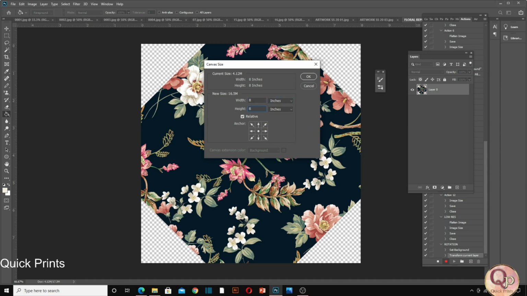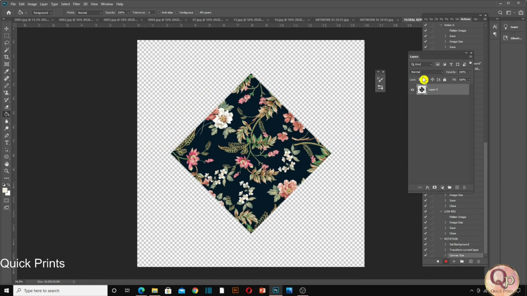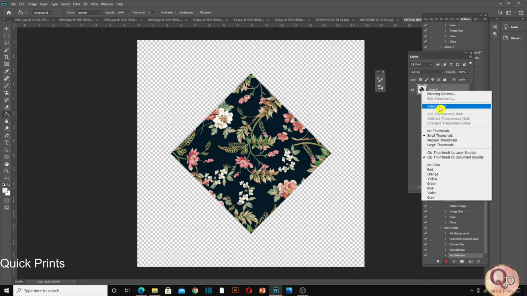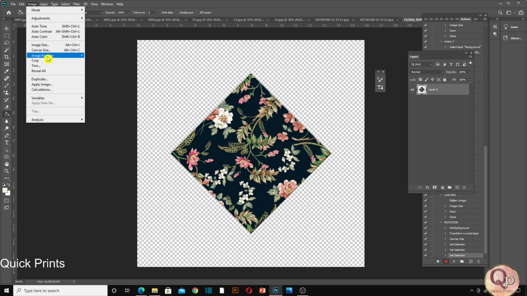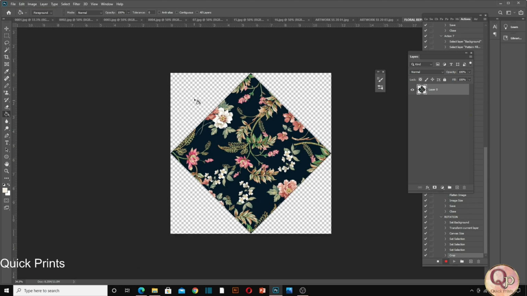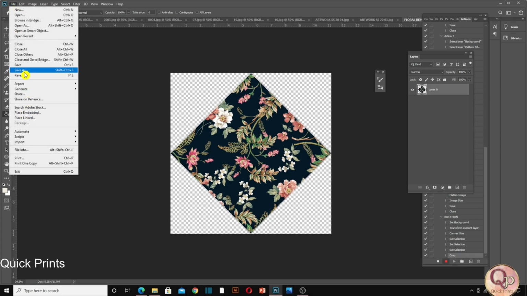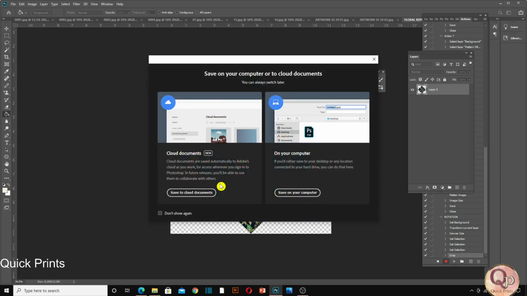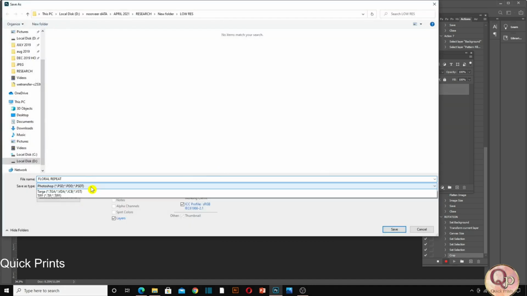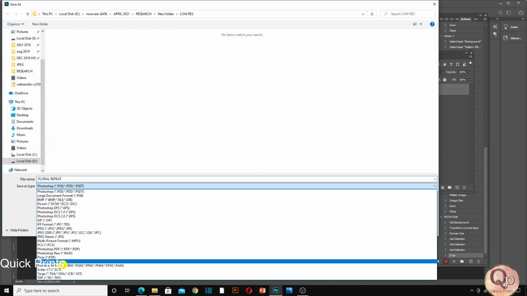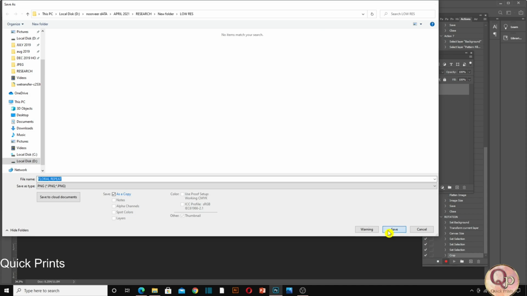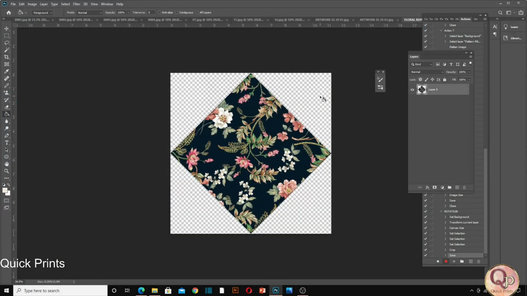I'm increasing the canvas so that these hidden edges will come into the canvas. I'm making it 5, right? So 8 is good enough. I'm selecting the pixels, select pixels and crop. Now the point is how we will get this background as transparent. It will come under the PNG format rather than JPEG. I'm saving these images, or files, in the PNG format so that we get a clear background. And this 45-degree action will apply to the others.